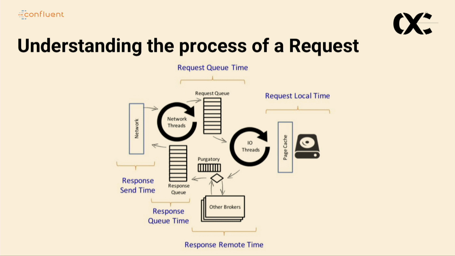Why I'm showing you this picture is because all of this is being monitored by JMX, we'll see later on. But if something goes wrong, for example, in the I/O threads, stuff gets piling up in the request queue. And if the request queue is causing problems, network threads are going to be busy as well for the response queue or the purgatory when the communication goes to the other brokers. Okay? If you are seeing a funny behavior in Kafka, this image is going to be very useful. I always say that you should cut this slide and put it on your desk, because it's always very interesting to have.